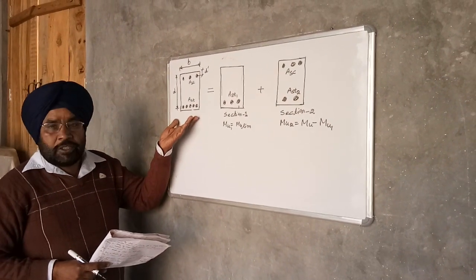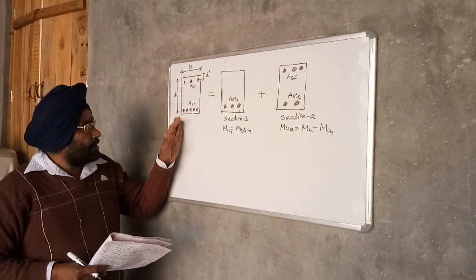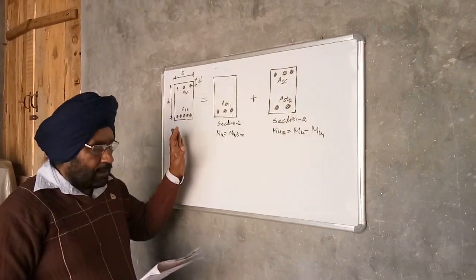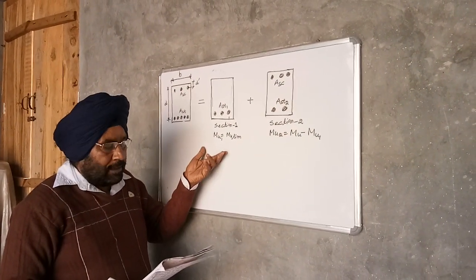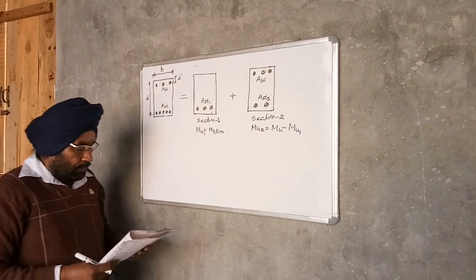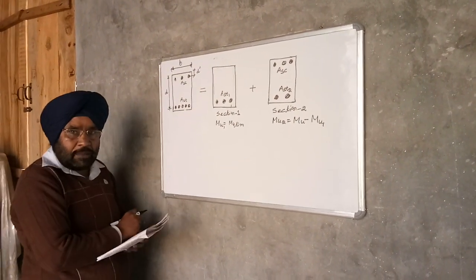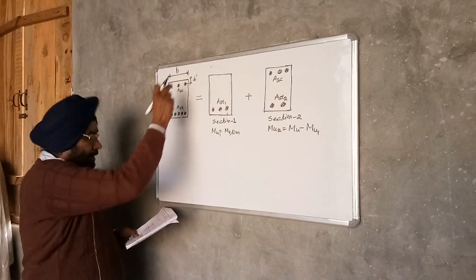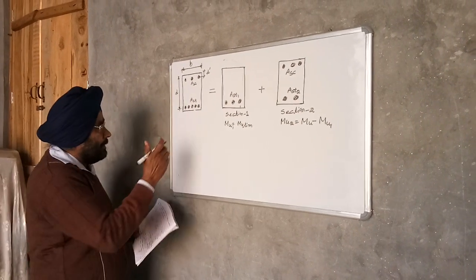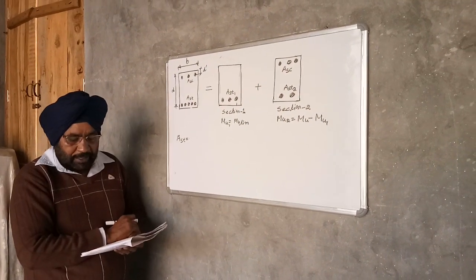So this is the section of a doubly reinforced beam. For calculation purposes, the doubly reinforced beam section is considered to consist of two separate sections: section 1 and section 2. B is the width of the beam section and d is the effective depth of the beam section. d dash is the effective cover to the compression reinforcement, and Ast is the total area of steel in tension.